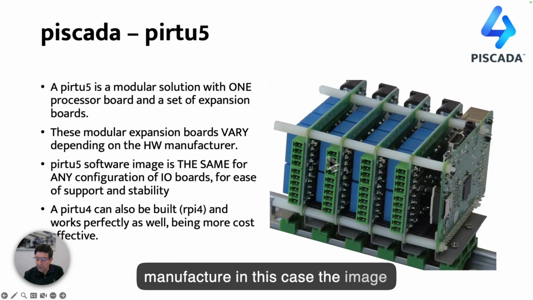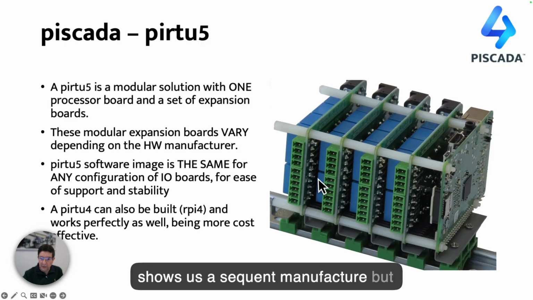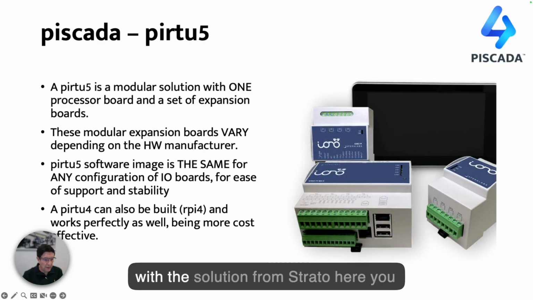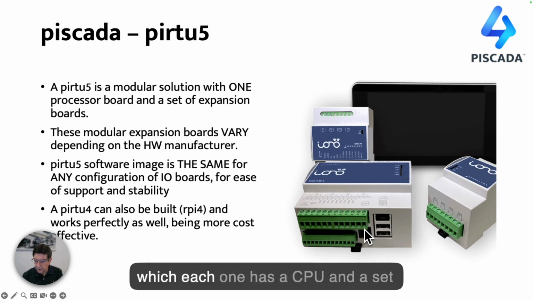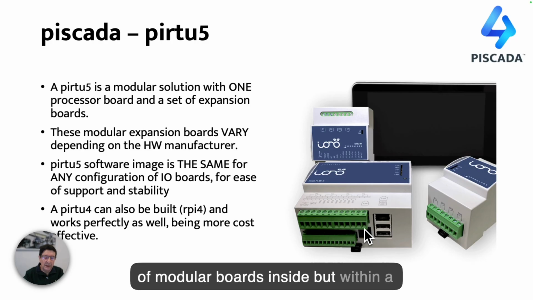In this case, the image shows us a Sequent manufacturer, but you can have the same situation with a different manufacturer. For example, with the solution from Strato. Here you see the models they call ional units, and these are not modular. They are built in little boxes, each one with a CPU and a set of modular boards inside,